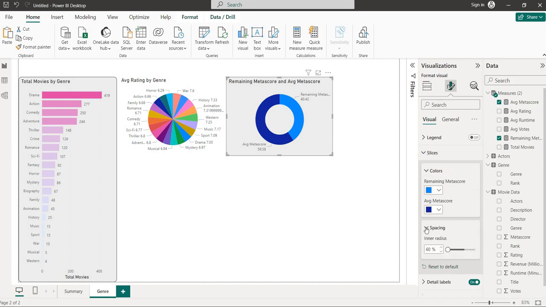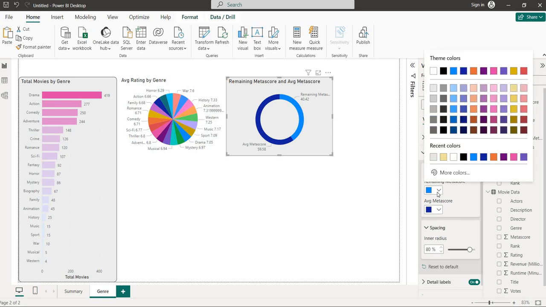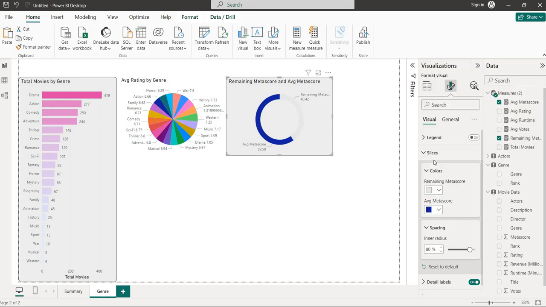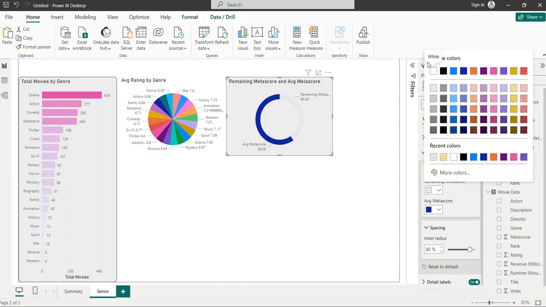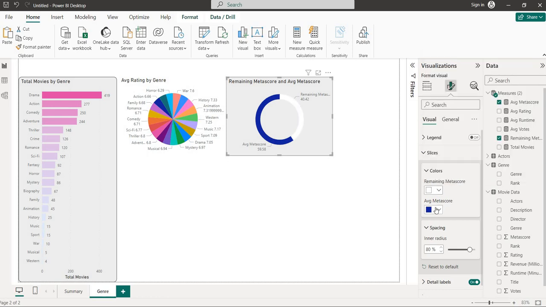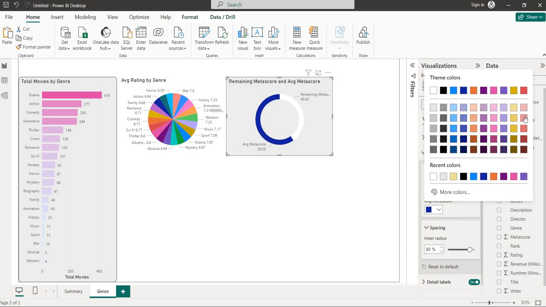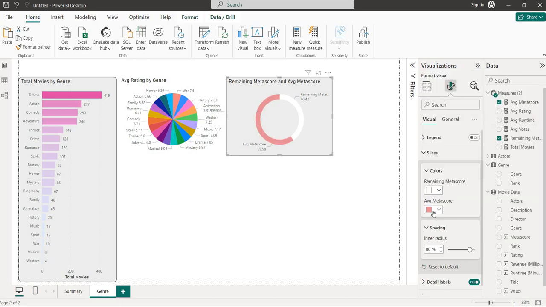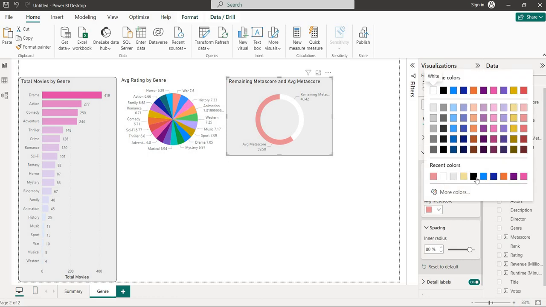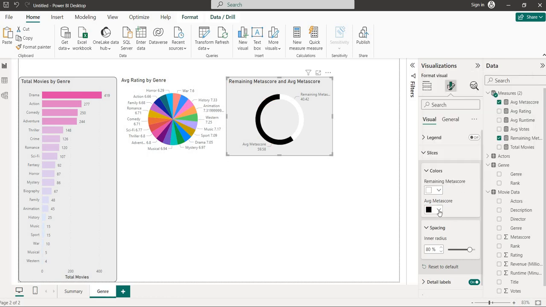First of all, I will increase the spacing. Just a second, go to 80. Yes, 80 is good. And let me give some more whitish color. Okay, and it's a pinkish color, give the pink color. It looks good. I think some dark pink will be more, or give some, no, no, it's a black color.